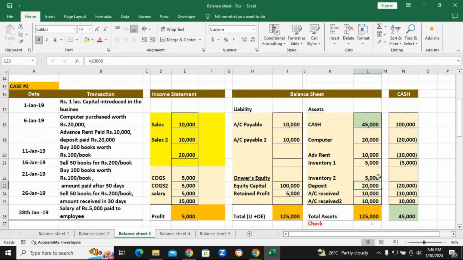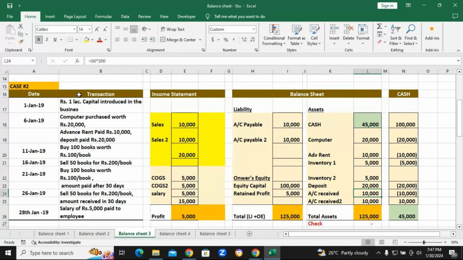So in this, what they are telling: first time when I purchased, I am paying the amount. So that is why this is minus. That means 5,000 rupees worth of goods I bought, 5,000 rupees is paid. Second time it is yet to be paid. Okay. So received, that is